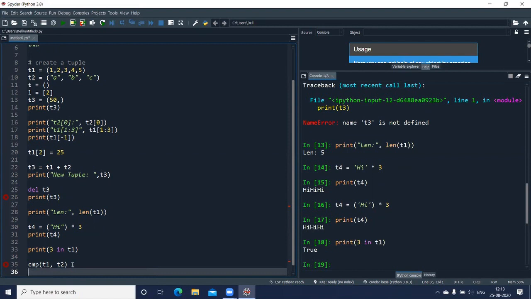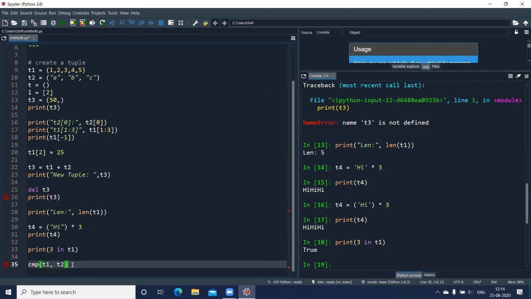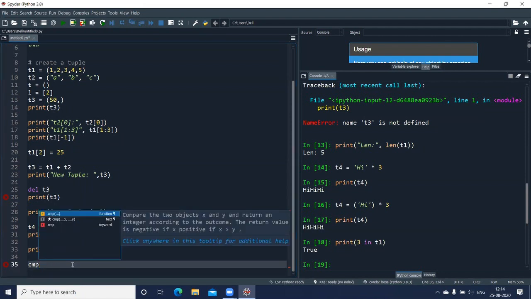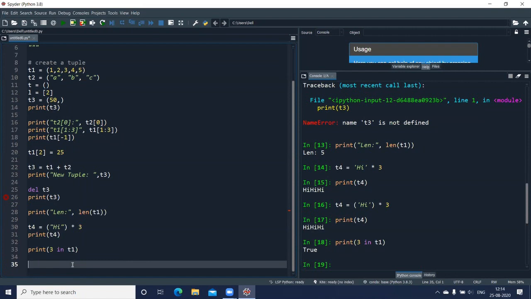Those using Python version 2 and below can use this function, whereas in the higher version it is not going to work. To compare two tuples, we need to convert the tuple or even the list into a set and then compare it. So I'll just delete this command here. But remember, CMP is available in the lower version of Python to compare two tuples.